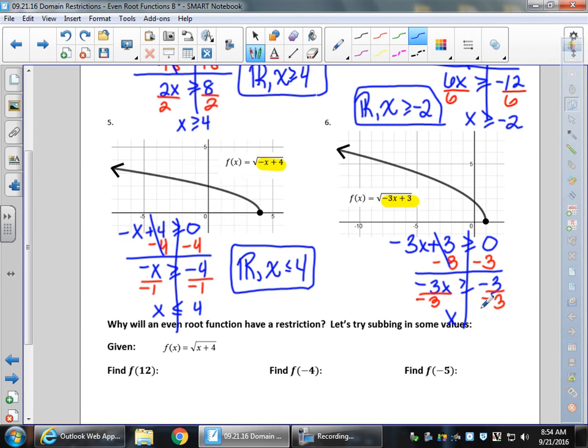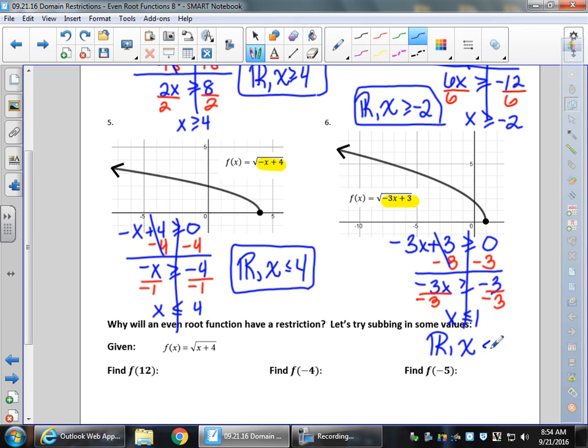So we're creating a little bit of a habit of giving me a number answer. I need an expression. Like here, the answer was x less than or equal to 4. The answer is not 4. The answer is x less than or equal to 4. Very good. Do you agree with him? But is this my answer for the domain? No. So we're going to write all real numbers